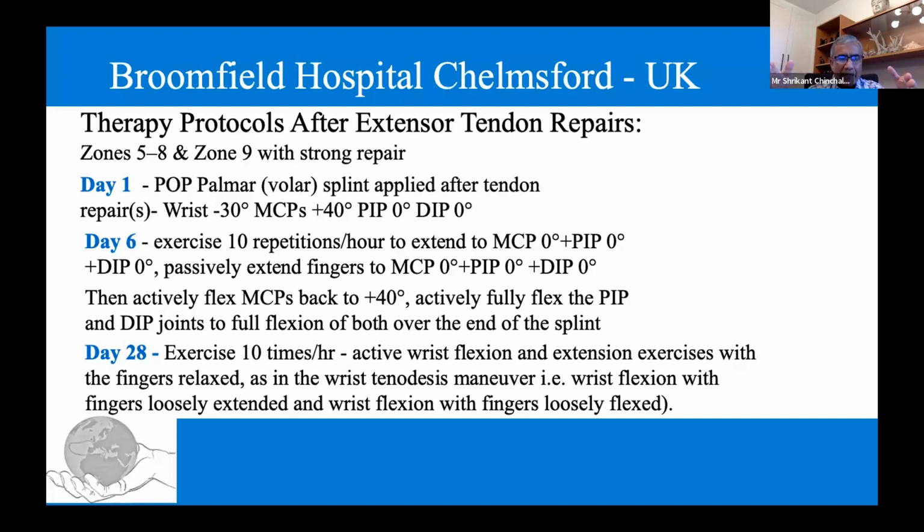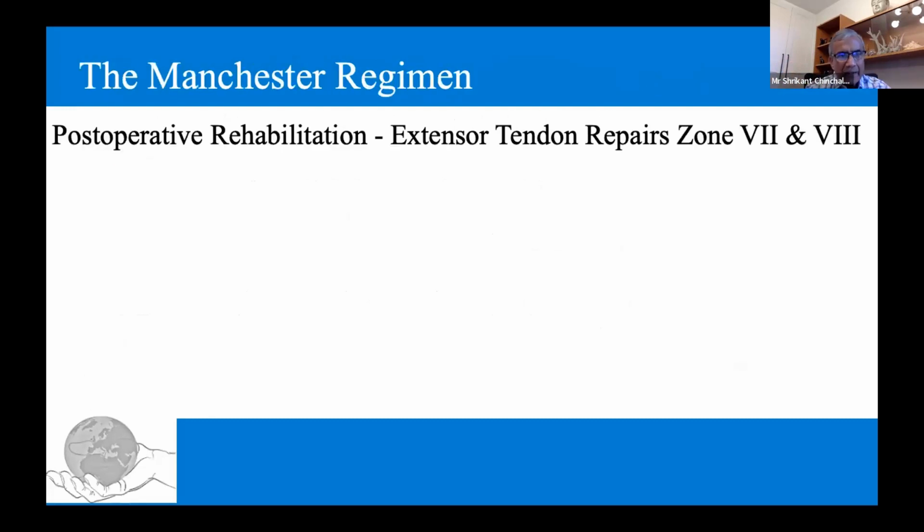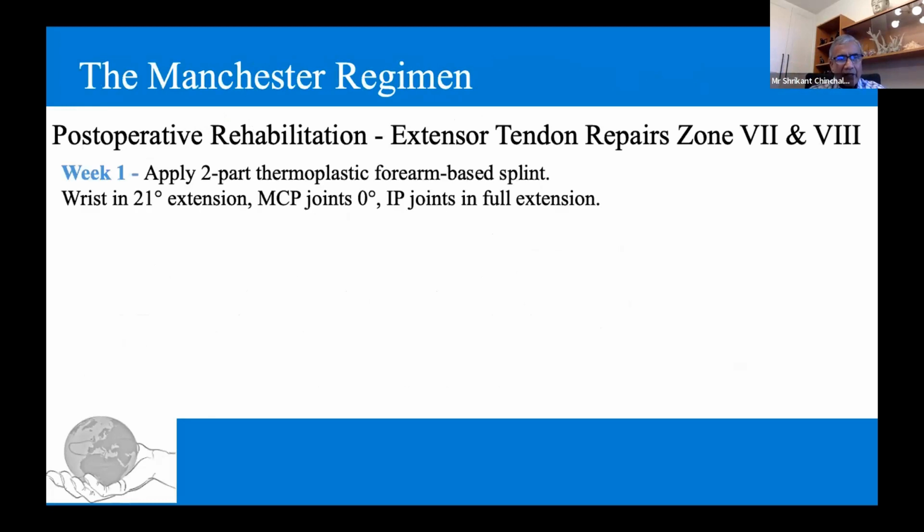So 28 days means we are way beyond the contracture formation period, and therefore if the patients are managed this late with motion of the wrist and motion of the fingers, we are likely to have limited gliding excursion of the tendon. There's another Manchester regime which mentions that in week 1, the patient should be given a thermoplastic forearm-based splint